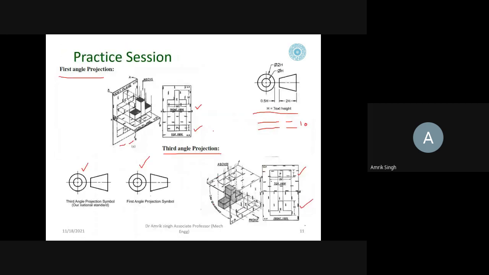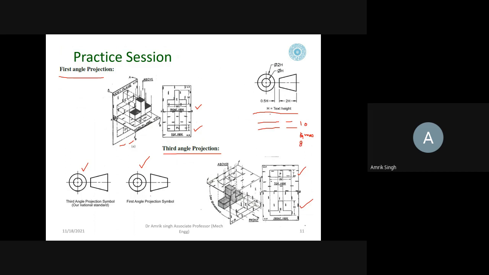It is in your exercise also. So this is 10 millimeter. So this should be less than 10 millimeter. So let us say we keep it 8 millimeter, or a smaller one, we keep it 6 millimeter. So this is 2h. So it is better you keep h as 4 millimeter, and 2h will be 8 millimeter.